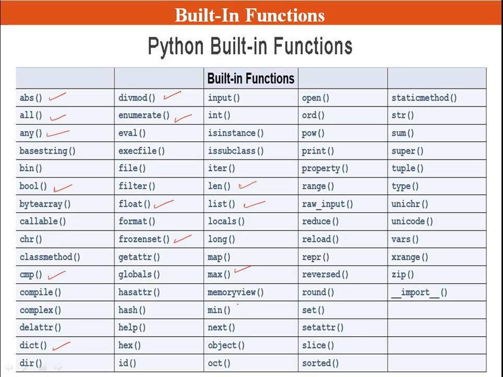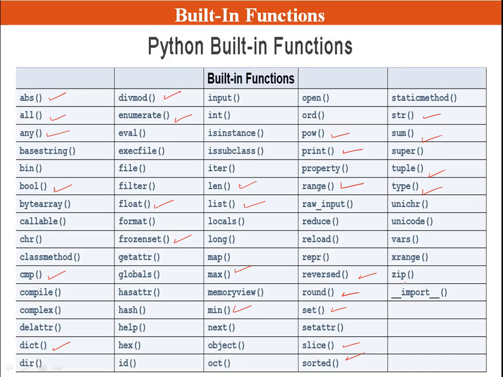So power we have seen, print we have seen, range we have seen, right? Next, reversed we have seen, round we have seen, set we have seen, slice, sorted, then str, sum, tuple, type. These we have already discussed. Fine. So these are all built-in functions of Python,